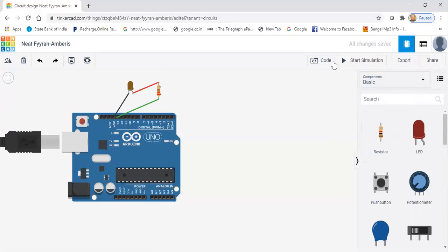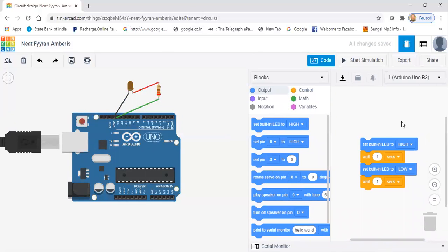Then we just click this code. This is the code. Now, whenever we click this code, this is the graphical representation of the code. So as per our circuit configuration, this code will appear automatically. So what is the first graphical representation? Set built-in LED to high. So this is the built-in LED.